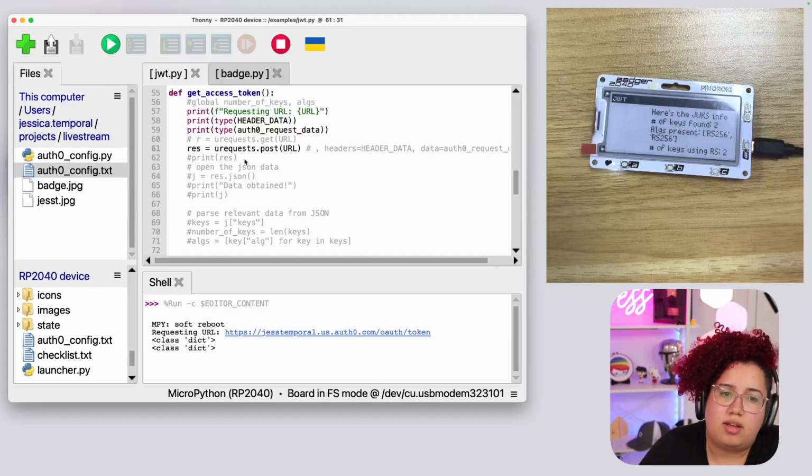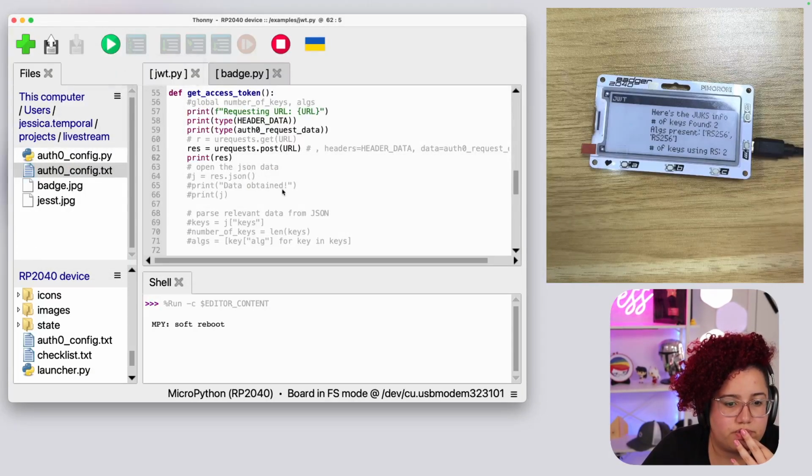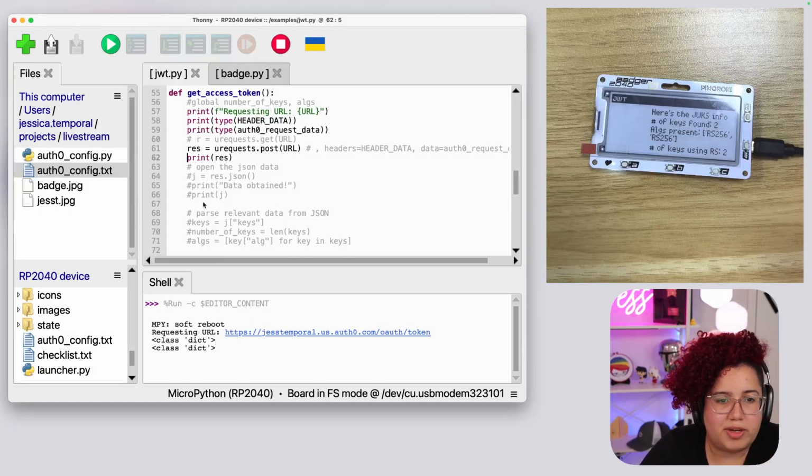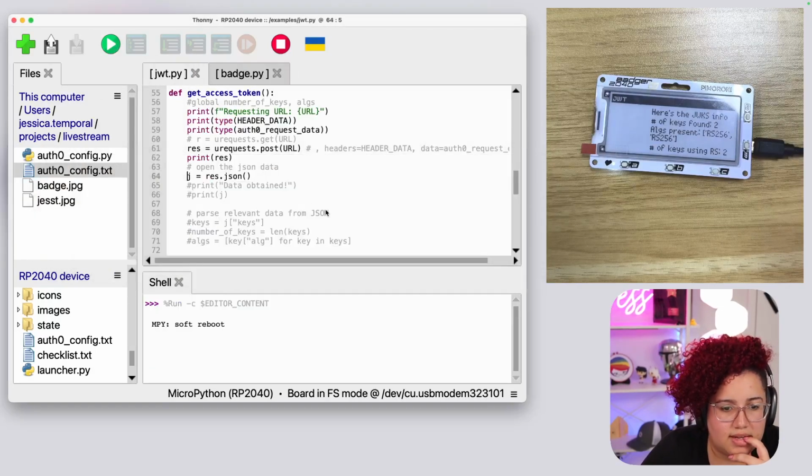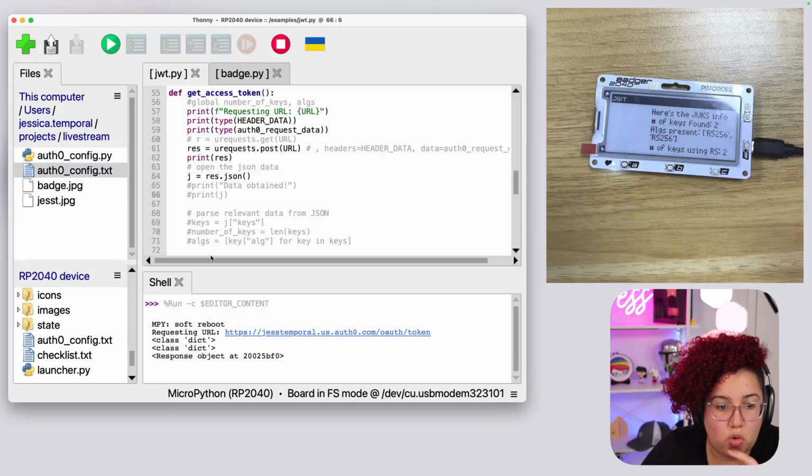Okay, ooh, wait. Oh my god, let's try to print this. Oh my god. I think it worked. I think it's something with the parameters that I put there. Let's see. Can I do this? It is going to be mad about it because it doesn't have a JSON data. Oh, it responds, JSON object at, okay, it made a request.